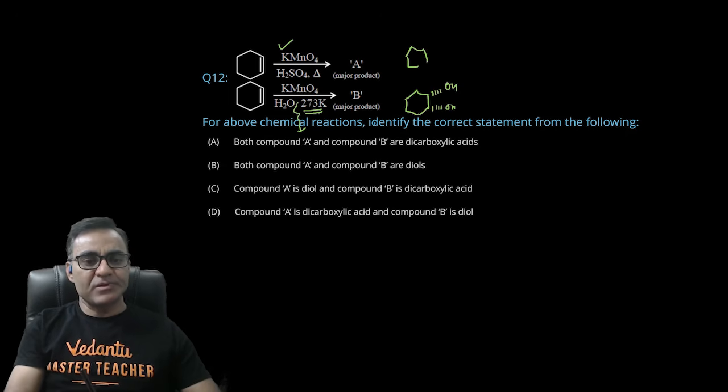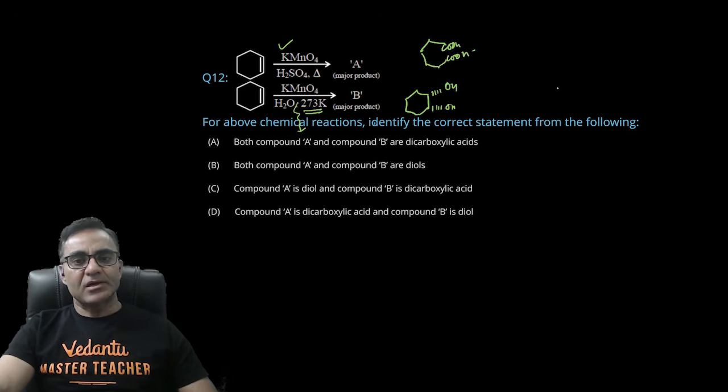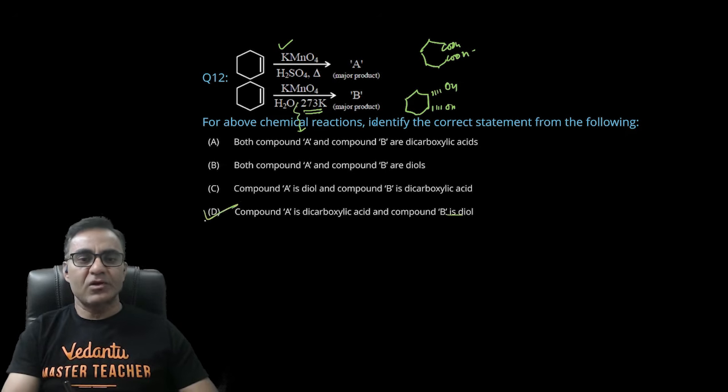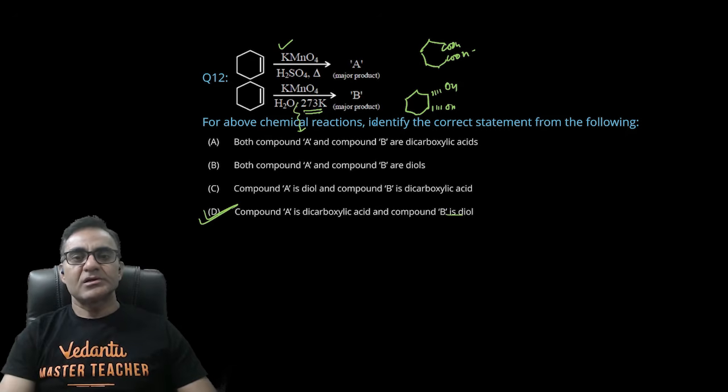और अगर हम ऑक्सीडेटिव क्लीवेज करेंगे हॉट कंडीशंस में तो ये एक्चुअली डाई कार्बोक्सिलिक एसिड में कन्वर्ट हो जाएगा, जो आपका फर्स्ट रिएक्शन है, ये कंपाउंड बनेगा एडिपिक एसिड एक्चुअली, राइट। तो कंपाउंड ए आपका डाई कार्बोक्सिलिक एसिड है एंड कंपाउंड बी डायॉल है। तो कौन सा ऑप्शन इज गोइंग टू बी करेक्ट वन? कंपाउंड ए इज अ डाई कार्बोक्सिलिक एसिड एंड कंपाउंड बी इज अ डायॉल। दोनों सेम तो होंगे नहीं, तो ए और बी तो वैसे ही अलग हो गया, और सी और डी में ए डाई कार्बोक्सिलिक एसिड है और बी आपका डायॉल है। तो इसमें दो रिएक्शंस यूज हो गई हैं, एक ऑक्सीडेटिव क्लीवेज ऑफ एल्कीन और एक सिन हाइड्रोक्सिलेशन ऑफ एल्कीन, जिसके अंदर अनसैचुरेशन टेस्ट का भी कंसेप्ट आ गया। ऑलराइट, सो डी इज द राइट आंसर।